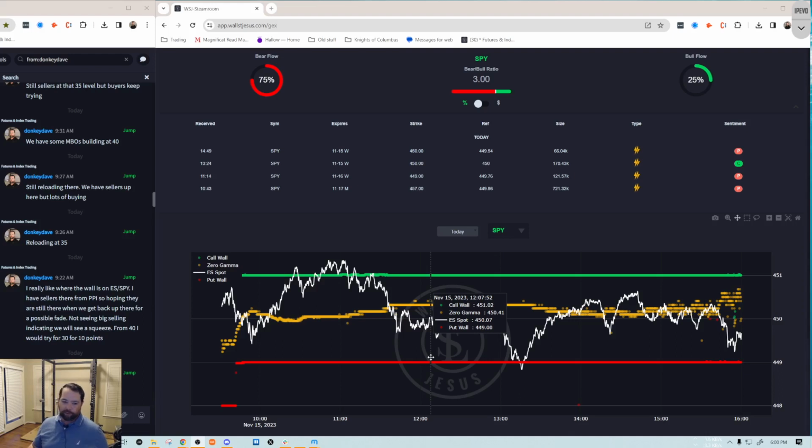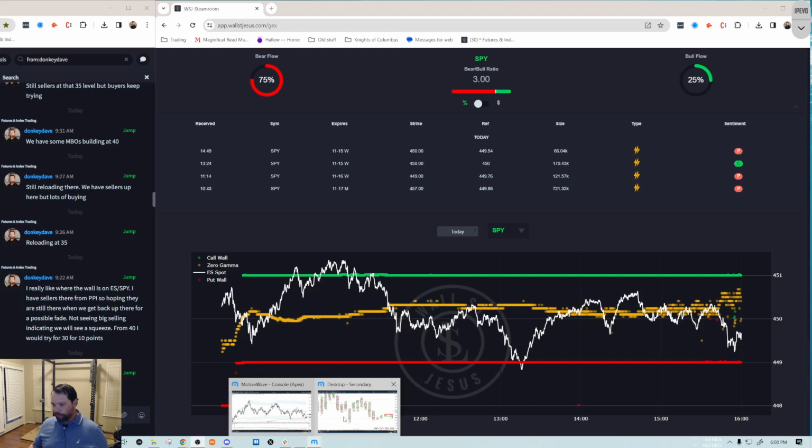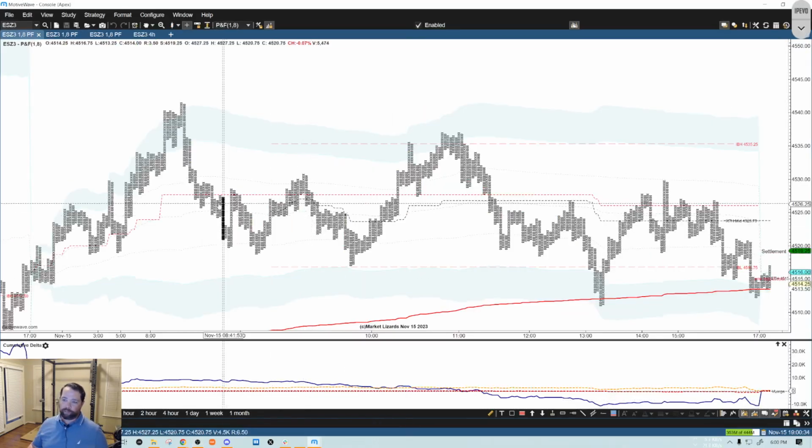But today we had PPI in the morning before the open, for the regular session open. After PPI, we pushed up to 45.40, and we have some indicators that showed us there was strong selling there. So that was an area that we were watching in the open. And then whenever we opened up,